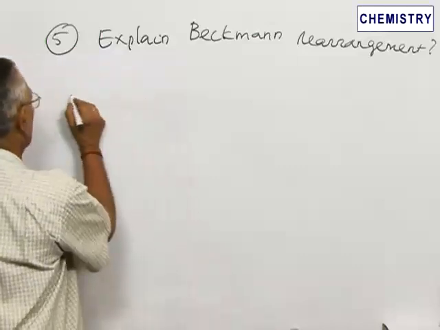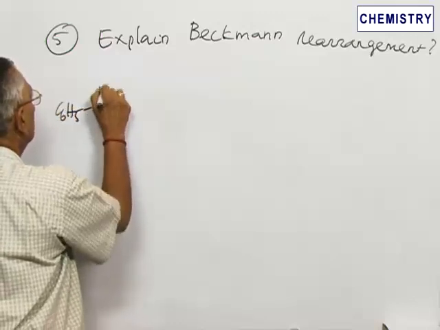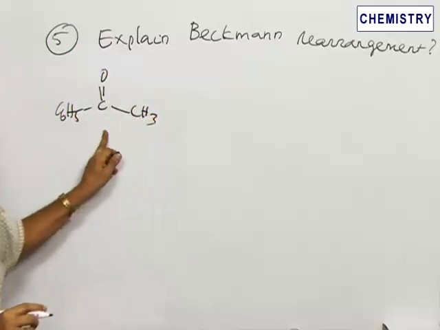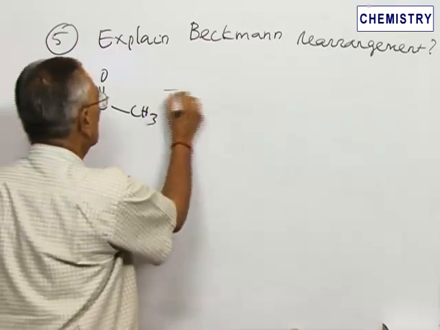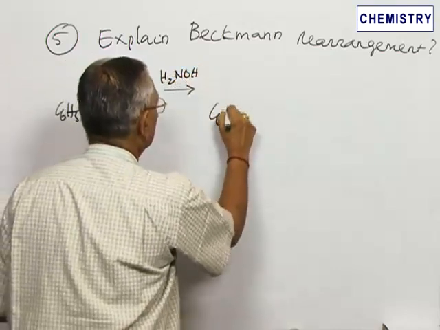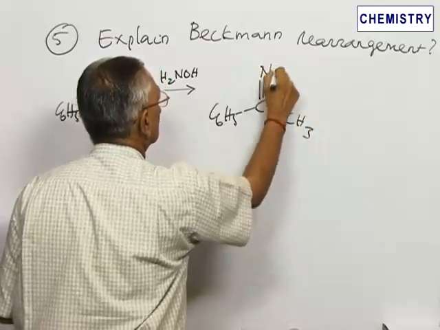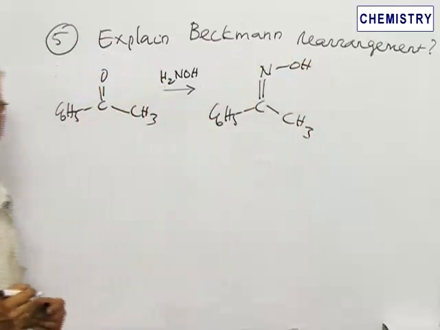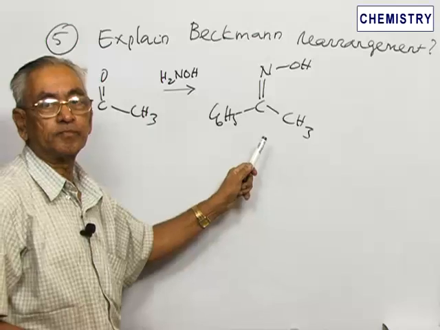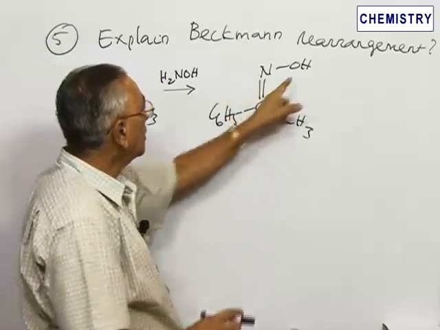We will start with the ketone actually. Like this ketone, which is acetophenone. This is phenyl methyl ketone, or acetophenone. This acetophenone reacts with hydroxylamine to give rise to an oxime, which is known as acetophenone oxime. This acetophenone oxime can exhibit geometrical isomerism, a type of geometrical isomerism where the OH group can be